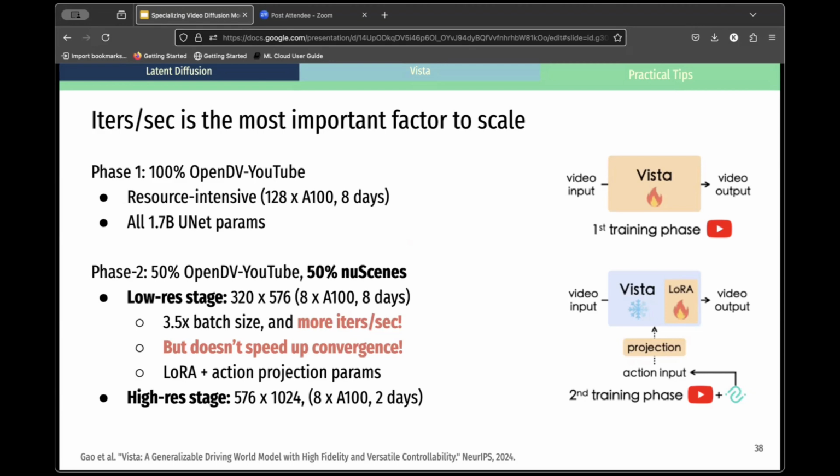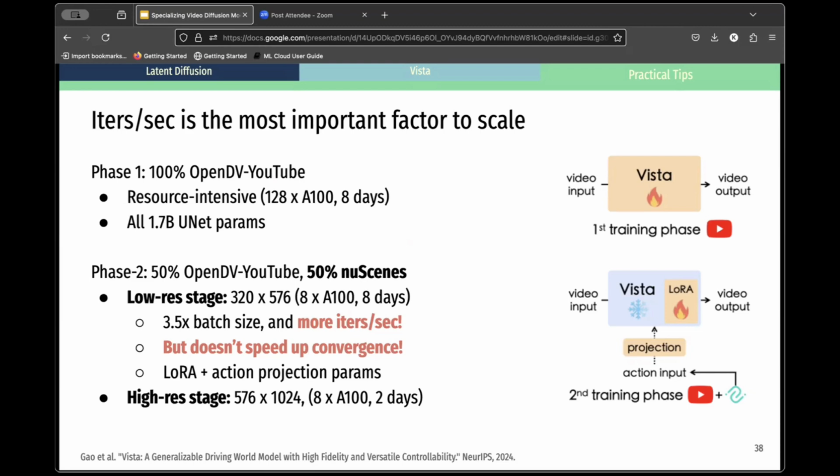Your common intuition with training a machine learning algorithm is that if you have a bigger batch size, you have less noisy gradients, and with more resources, you can converge faster. But in terms of wall clock time, we saw that increasing the batch size was actually making the model converge slower in the case of